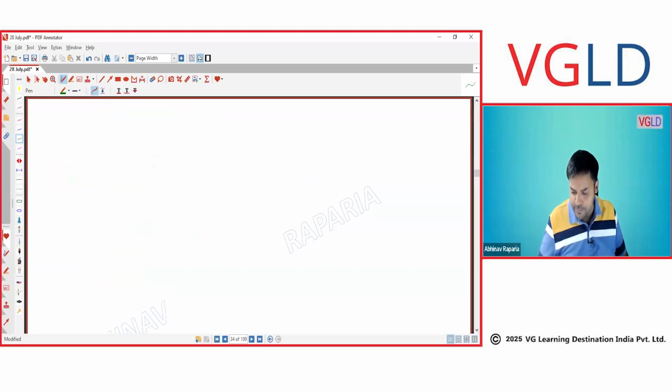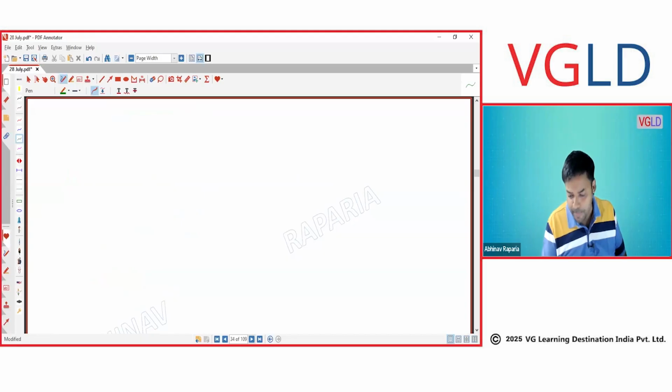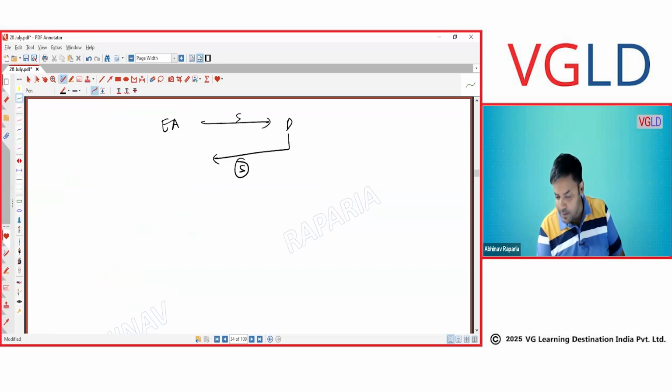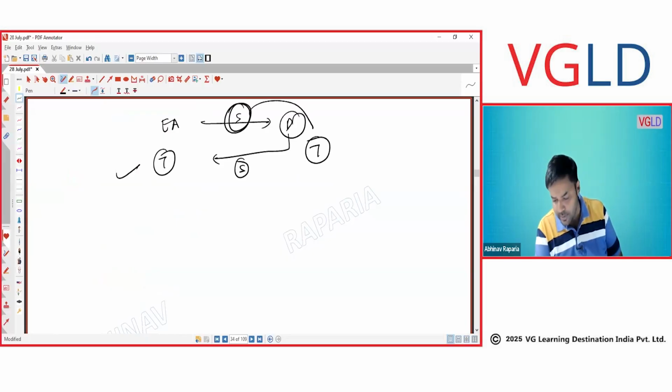So if the other person has given you cash, again taxable. If the other person has given you an asset, taxable. What if the other person provides you a service? That means you have provided the service and the dentist is also providing the services to the EA. Would that be taxable? That will also be taxable. Would that be taxable to the dentist? Since you are providing the service to the dentist, this is going to be also taxable in this case. I hope the point is clear. Let me know any doubt.